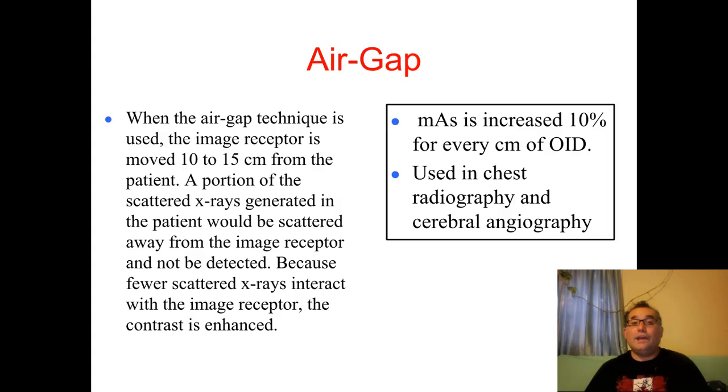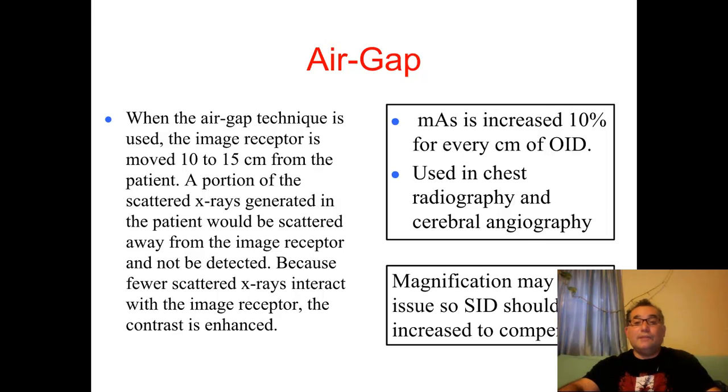Right? We do increase our SID to try to make up some of that. In other words, a longer SID reduces magnification, right, and minimizes the image to counteract the OID, but it's still not really enough. We will do this in the lab. I did do this with some of you, and I'll try to make sure that everyone sees this at least once. Right, so it is much less expensive than the grid,